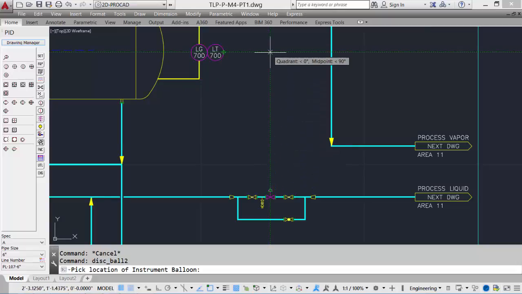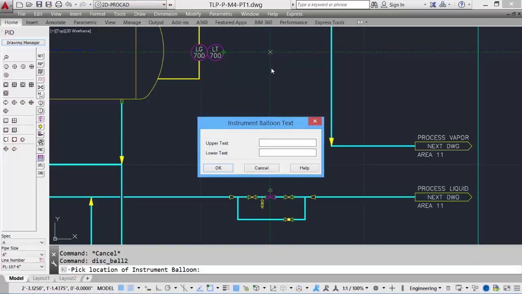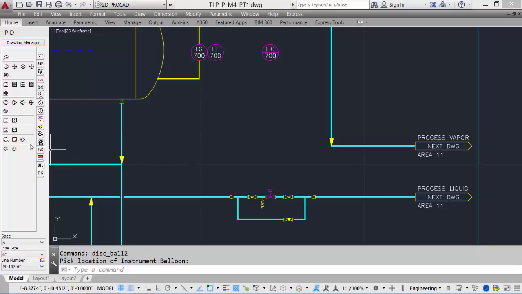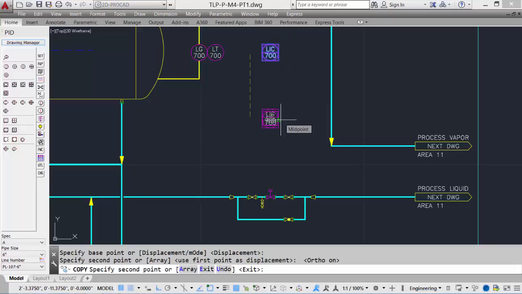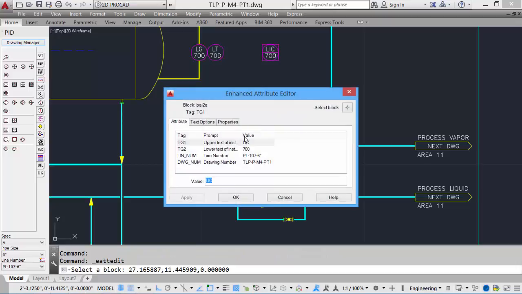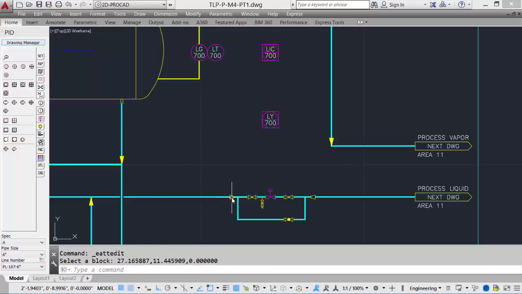We can use our object snap tracking. This will be our controller, and to make it a shared display, we can add the box. We can then copy this instrument balloon down and then edit the text, and we can create this as our converter or transducer. To complete the instrumentation, we can go into our function identifiers,